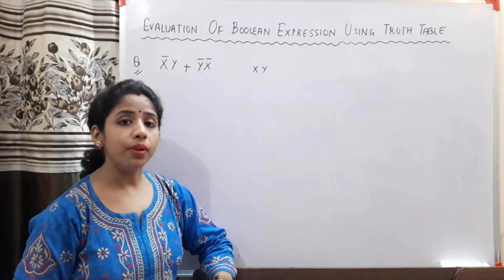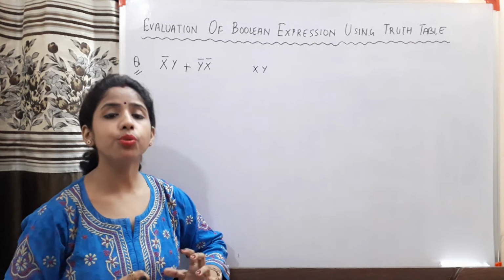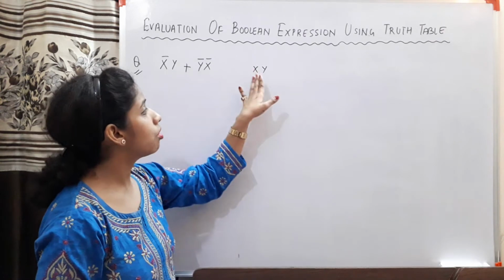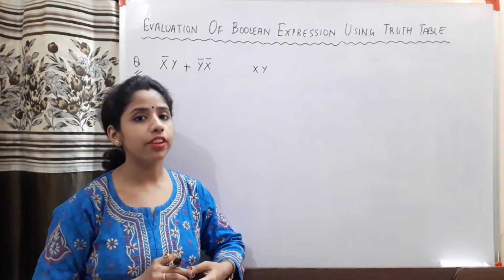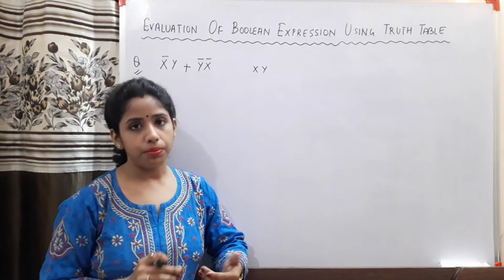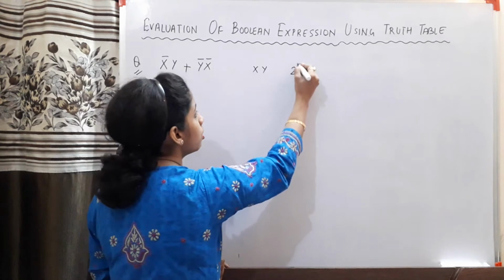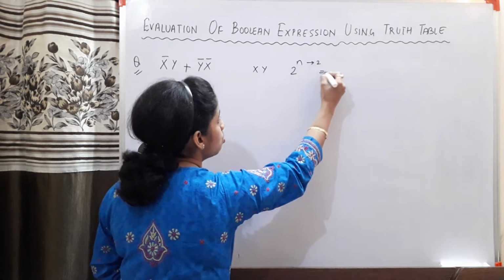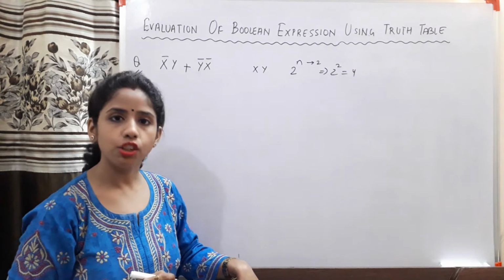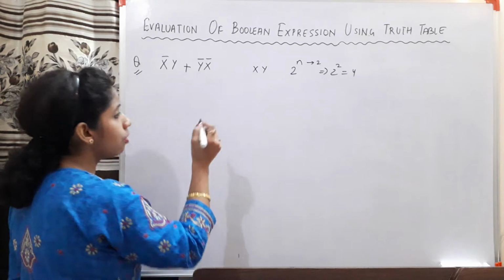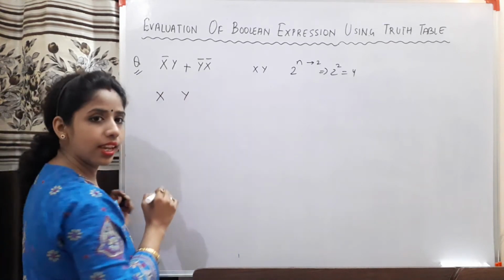So how many combinations will be there in the truth table? We are finding the number of different variables just to calculate the number of input combinations that we are going to have in the truth table of this expression. Since there are two variables, according to the formula 2 raised to power n, here n is 2, so 2 raised to power 2 is 4. So we are going to have 4 combinations in the truth table. Now for 4 combinations, how do we draw the truth table? We have the inputs as x and y.